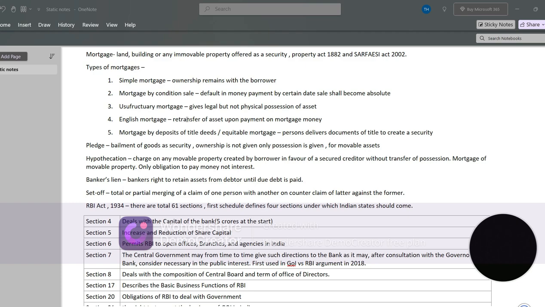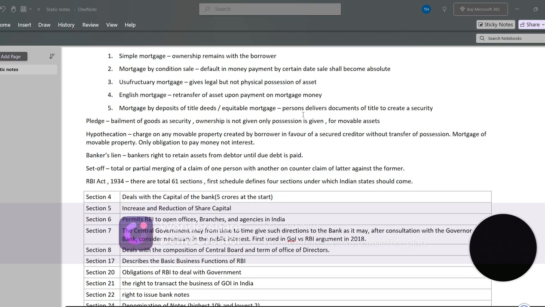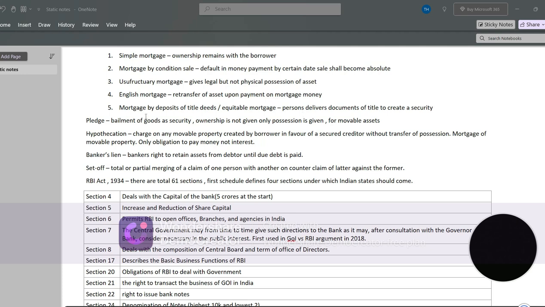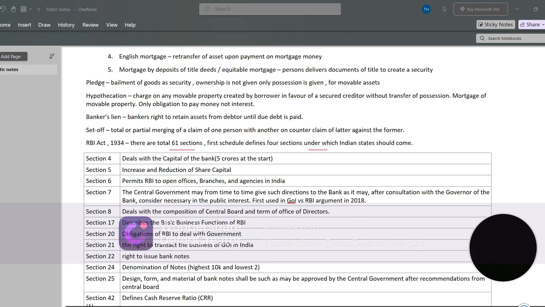The physical possession is not there, but the documents are given to the lender. What is pledge? Pledge is bailment of goods as a security. Ownership is not given, but only possession is given for movable assets. Okay. What is hypothecation? Hypothecation is a charge on any movable property created by the borrower in favor of a secured creditor